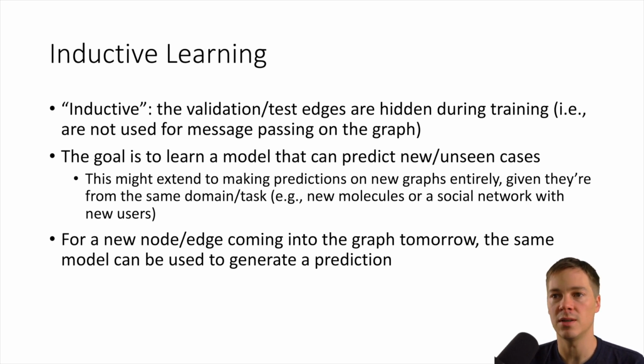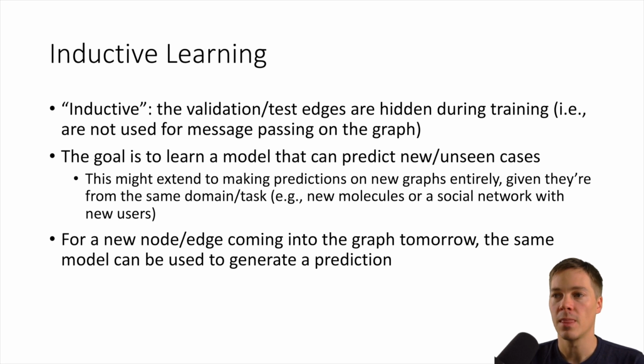And this might even extend to, for example, making predictions on new graphs entirely, assuming they're from the same domain and task, of course. Some examples might be that you have new molecules. Maybe you've trained a network to predict whether a molecule is toxic or not, or whether it treats a certain disease or not. Well, you might want that to generalize to new molecules that were not observed in the training